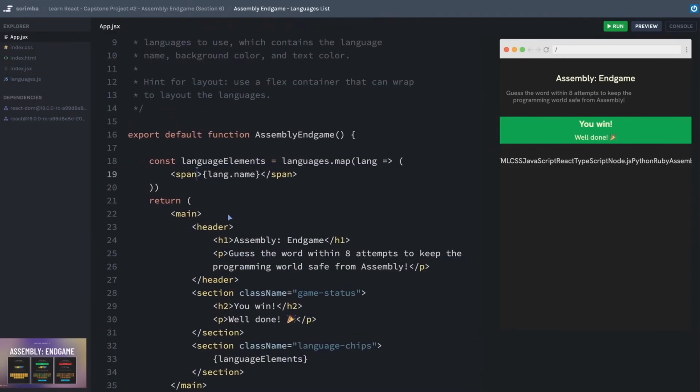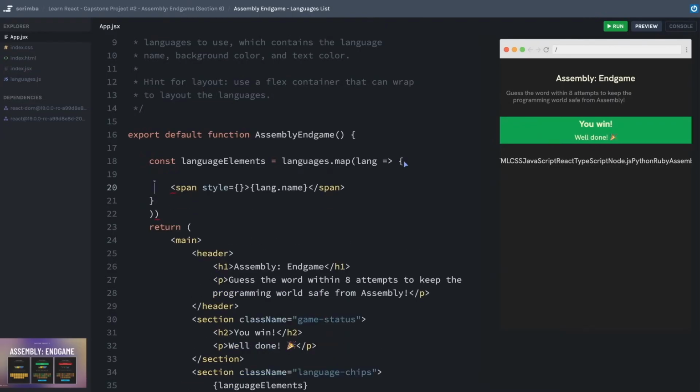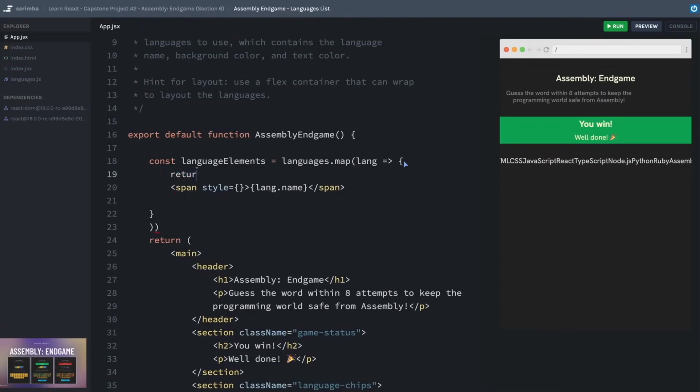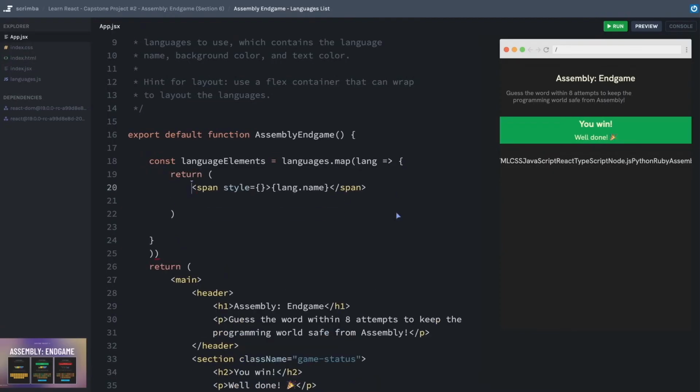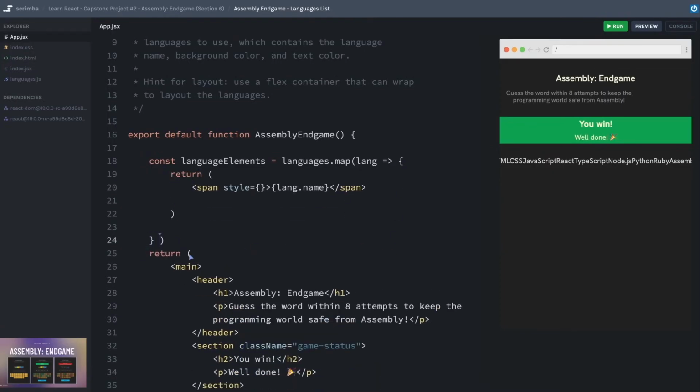So inside of the span, I can provide an inline style, and so that's what I'm going to do. This needs to be an object, and actually, for the sake of saving my horizontal space, I think what I'll do is create a new variable, which means I can't do an implicit return anymore. Let me shuffle some things around here. We're going to return this span. I can get rid of this.